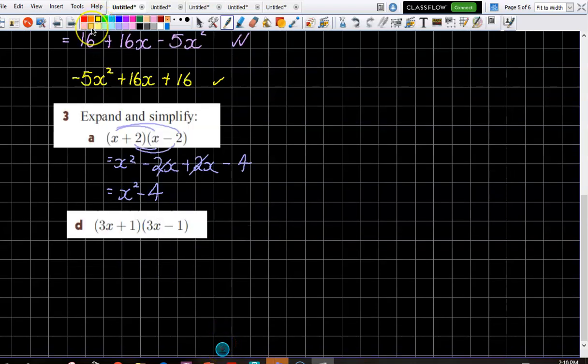When we now do this one, 3x times 3x. So maybe look at it and write it down. It's 3x times 3x. So you have to go 3 times 3, which is 9. And then you've got the x squared, yeah? Then we've got 3 times minus 1, which is